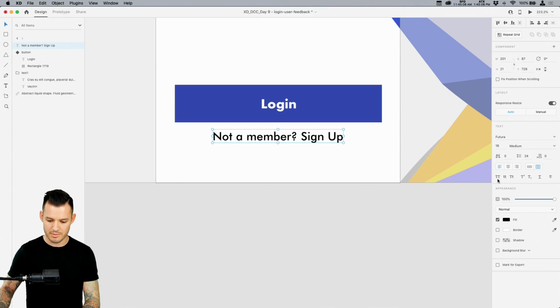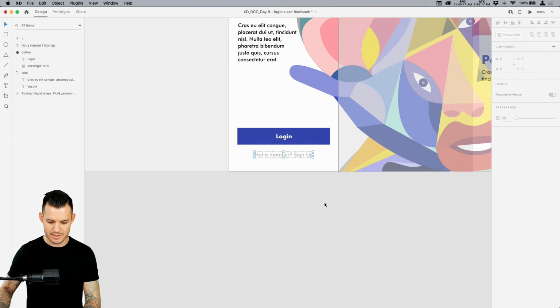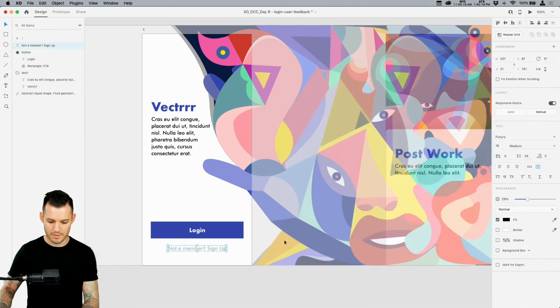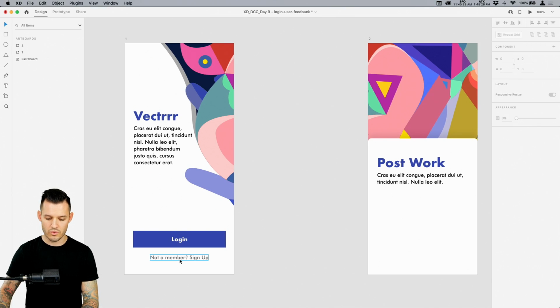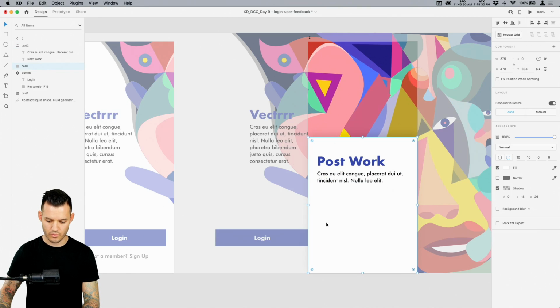Let's double click on the text input. Ooh, that makes it nice. Let's just tone it down there, center align the text, and vertically align everything like this. Not a member, sign up, okay? Maybe a little more opacity, maybe down to 40, or let's do 60. Yeah, that's good. Okay, so we want to make sure that piece is over here as well.